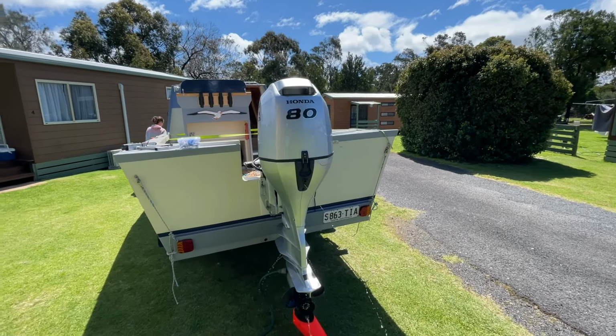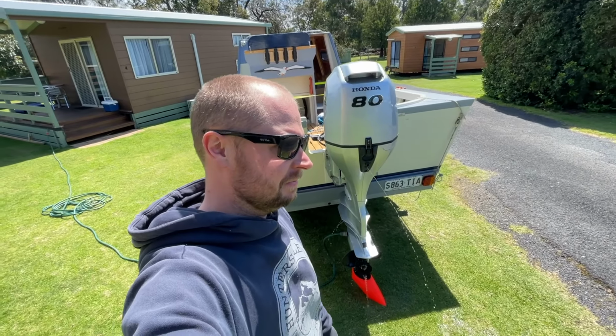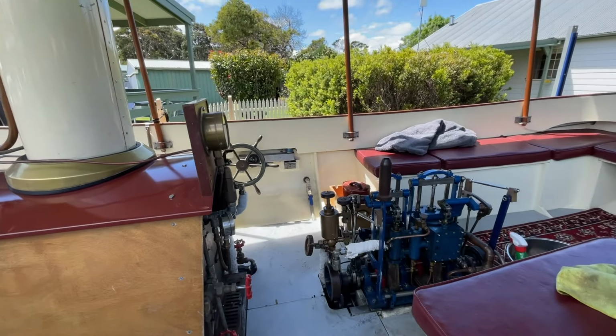All in all, quite a successful trip. Just flushing out the engine now. Does this one need much decommissioning? No, but